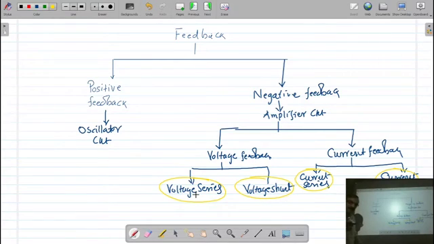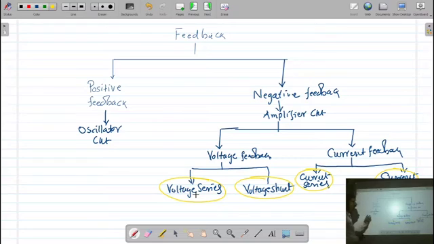First of all we will see a block diagram of the different types of negative feedback, and all these different types of feedback have different characteristics. But remember, the advantages we have, like bandwidth, distortion, and noise, all these parameters are going to reduce in all types of feedback. The only thing is that input and output resistance do not change identically in all these amplifier circuits. That we are going to discuss.